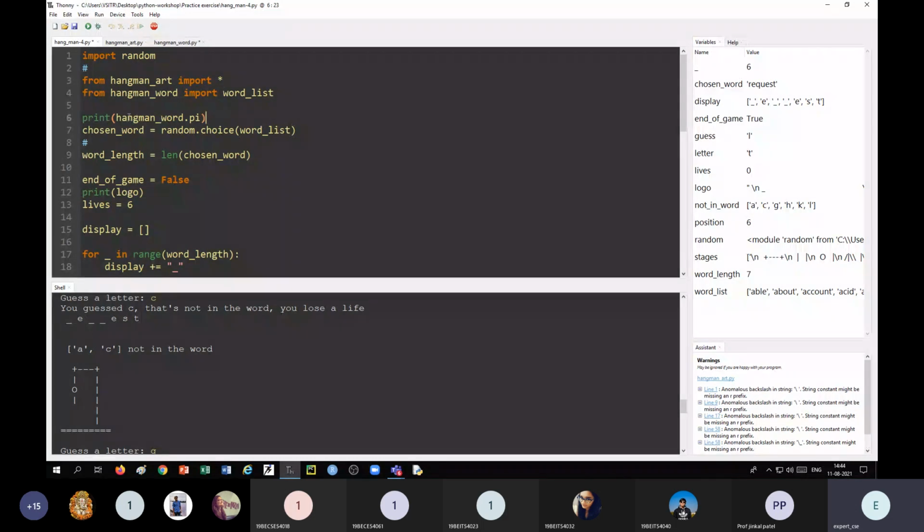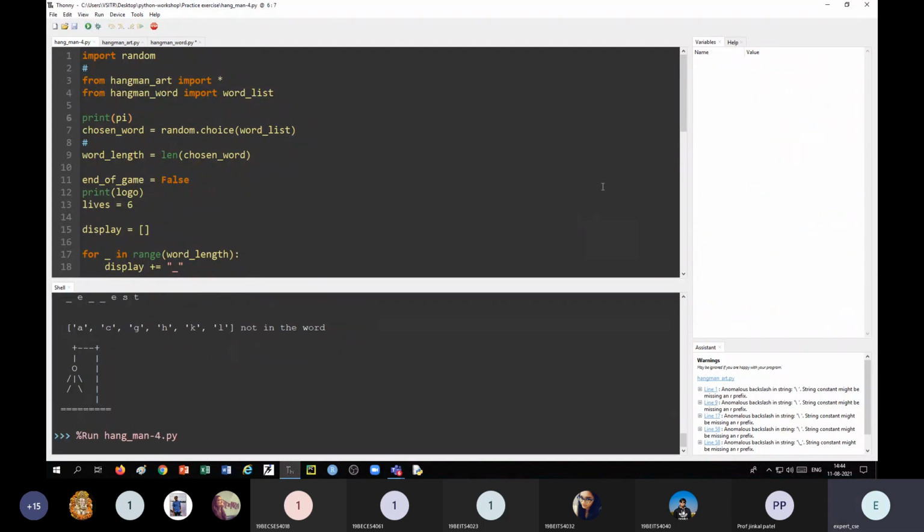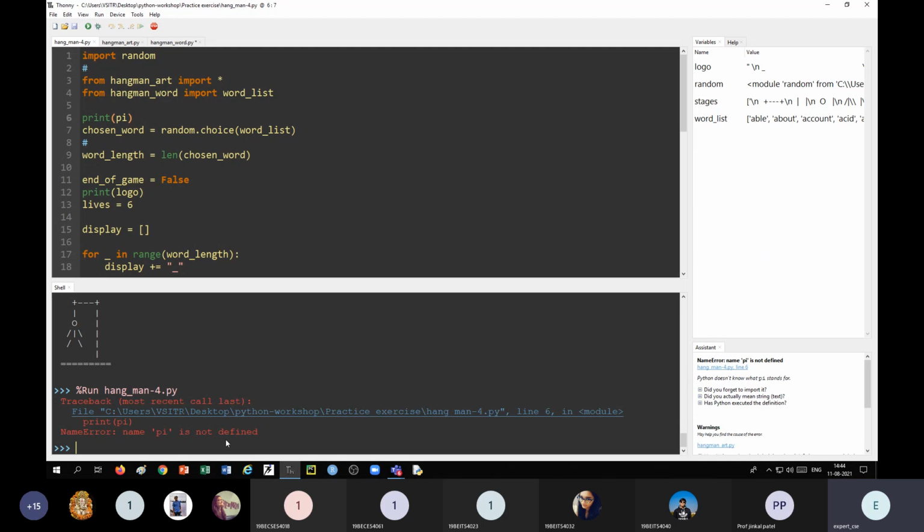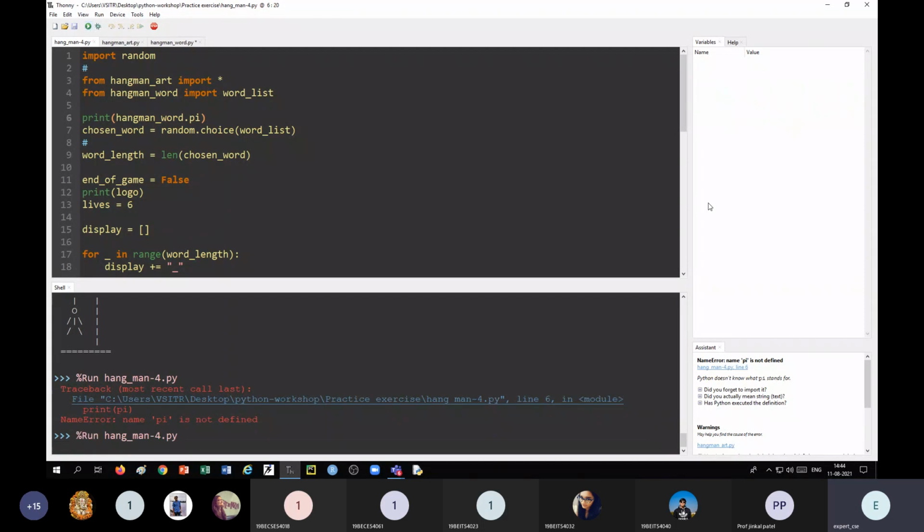Otherwise I have to write it with the name of the module. If I write in this way, it will give an error: py is not defined. But if I write in this way, dot py, then it will not give an error. It will continue.